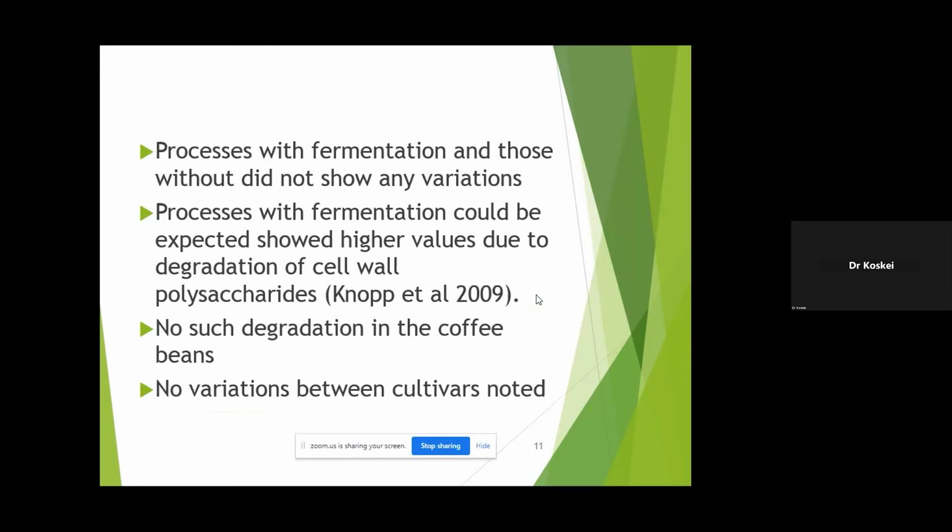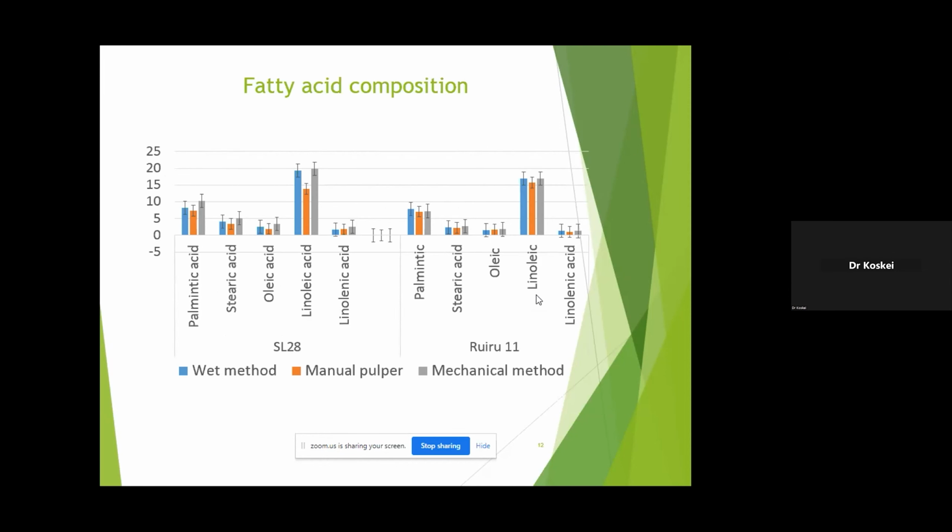With fermentation, according to some authors, some could be expected to have increased values because of degradation of the cell wall, increasing polysaccharides, especially when it comes to sugar components. But this was not the case. We just observed that there was no variation between those that were fermented and those that were not fermented among the coffee samples. On the fatty acid composition,